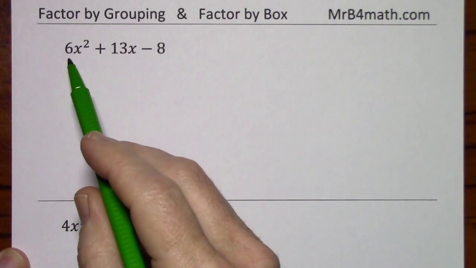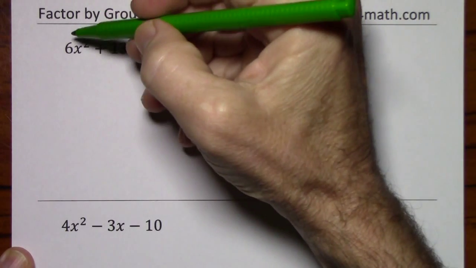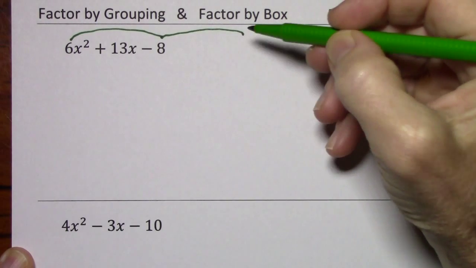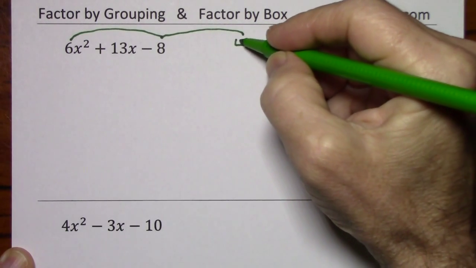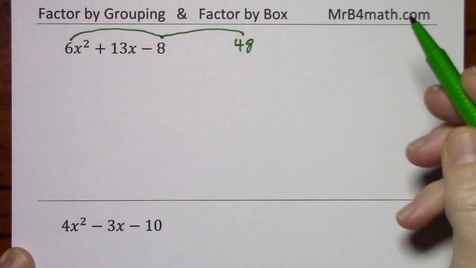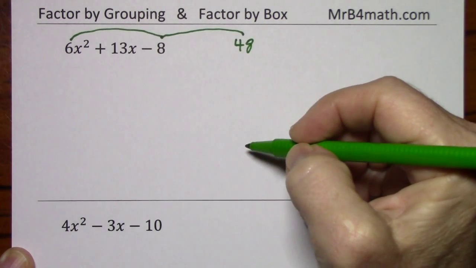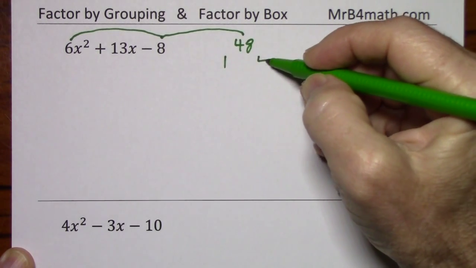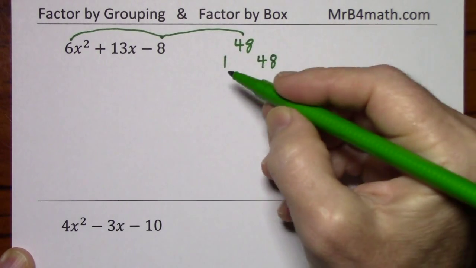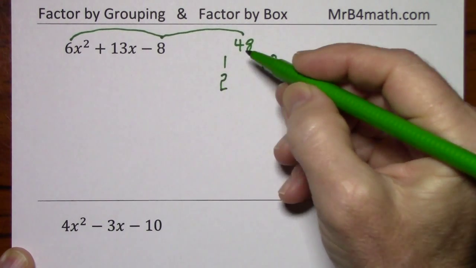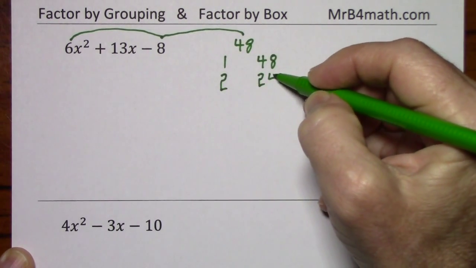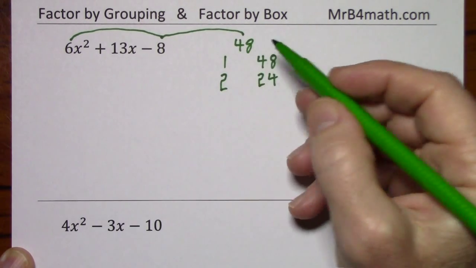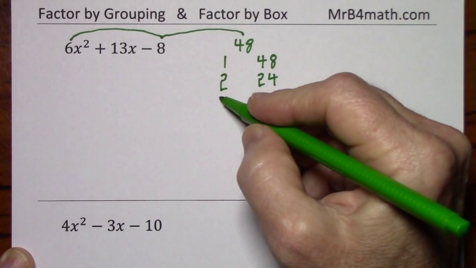When your leading coefficient is other than 1, you multiply the first times the last. This gives us 48. Then list all the factors of 48. 1 times the number always works. Then you just see, does 2 work? 2 goes in there 24 times. Does 3 go in? Yeah, because if you add 4 and 8, you get 12. 3 goes into 12. So 3 goes into 48